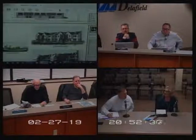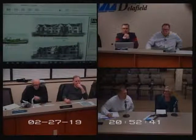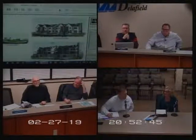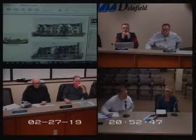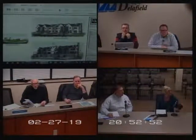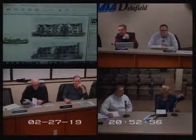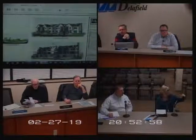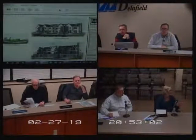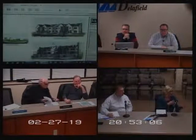So I'm a little confused by the statement on matching the Wells Street apartment buildings that are right next door. We've purposefully not matched their architecture. And there's going to be brick up the lower course of the building, and then around the back side, the whole lower level where the garages are is going to be all brick. We have some brick fireplaces on both ends too. So the goal was to kind of make it look historic, like it fits in, but kind of a